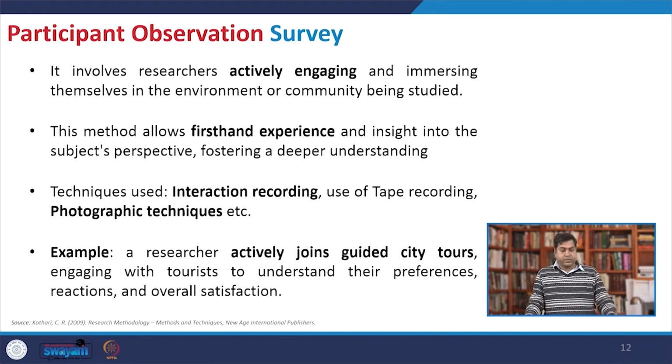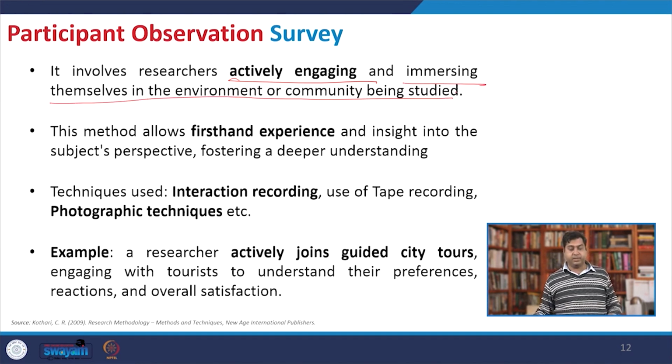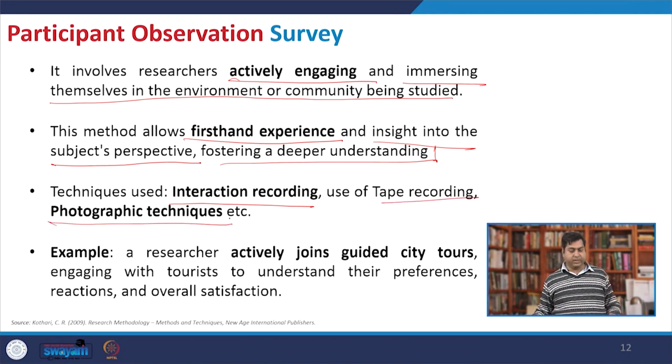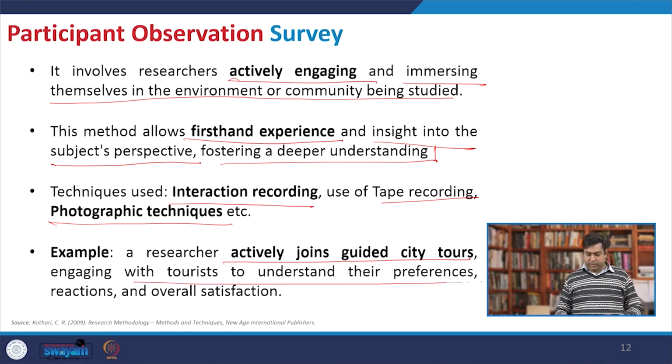Now, in contrast to that, if you go for participant observation survey, in this case it involves the researcher actively engaging and immersing themselves in the environment of the community being studied. This method allows first hand experience and insight into the subject's perspective. In this case, subjects refer to the respondent, fostering a deeper understanding. The technique is interaction recording, or you can go for tape recording, or maybe it can be a photographic technique as well. So, in this case, a researcher actively joins the guided city tours, engaging with tourists to understand their preference,